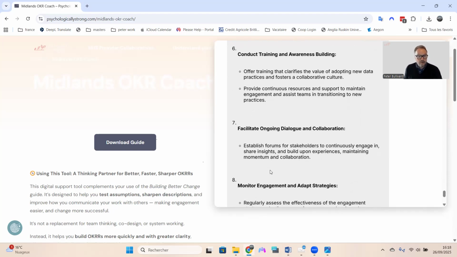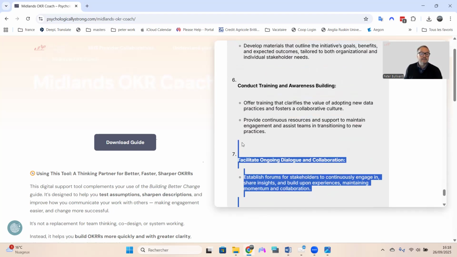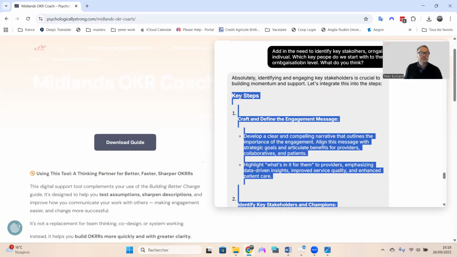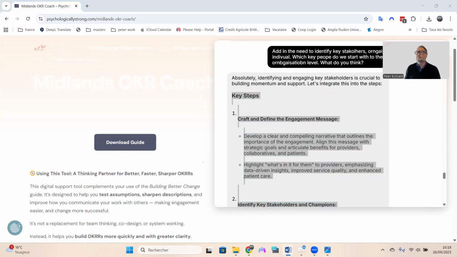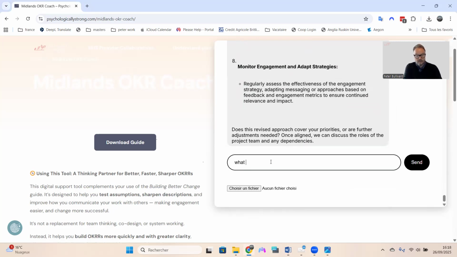Now that will be further for you as a team to develop, but you can see how fairly quickly we've begun to build those key steps, which you can work up, develop, challenge. What this does is help you get to a point where you've got something meaningful that can actually be worked up. So what we might then do is think about the other, so what are the key